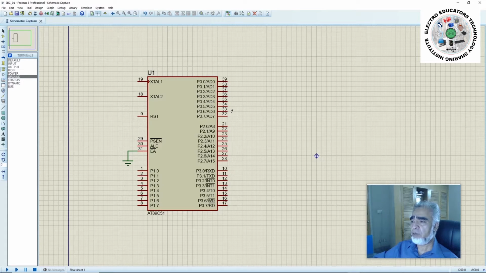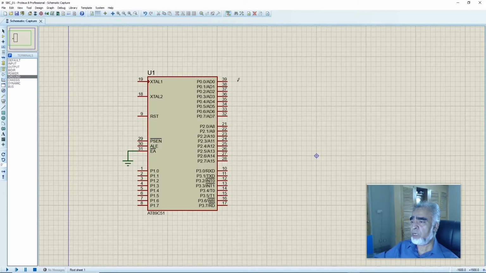And if we configure this device to the microprocessor mode, then port 0 will be shifted to the alternative function, and it will generate 8 multiplexed signals, that is from AD0 to AD7. It means address and data 0 to address and data 7. And to separate the addresses from the data, we will use a signal, that is ALE, which is active high.